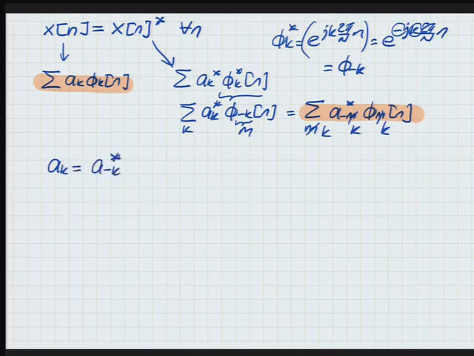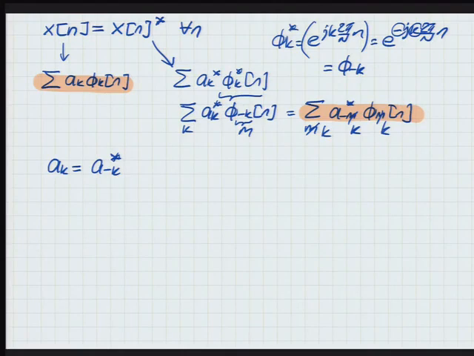That's something we saw in continuous time Fourier series. If I looked at a1 and a negative 1, they were complex conjugates. If I looked at a2 and a negative 2, they were complex conjugates. So the same thing happens here as well. But in discrete time, I have a further property that I did not have in continuous time. These coefficients are also periodic because the phi_k functions themselves are periodic.